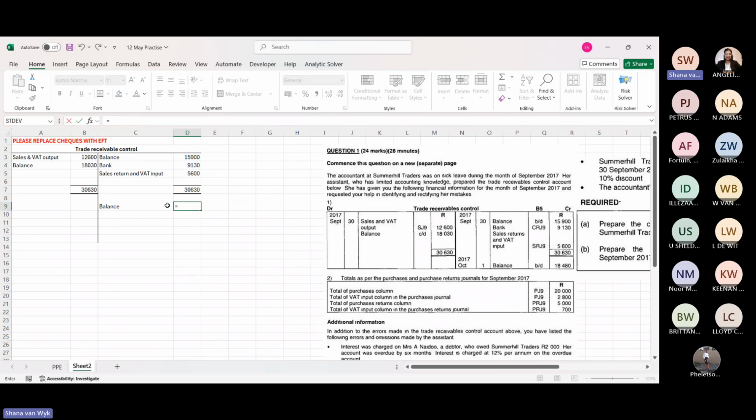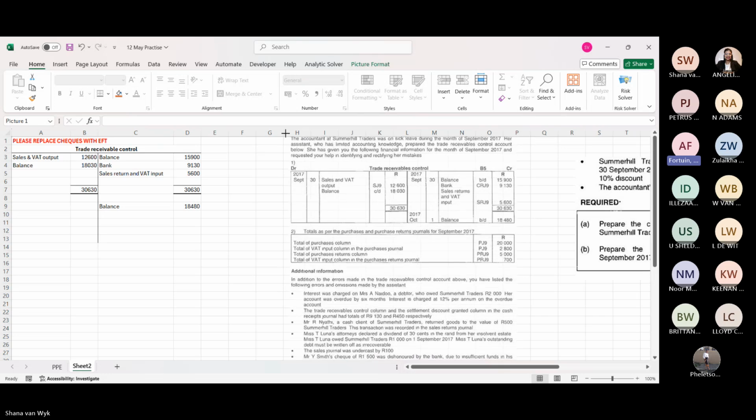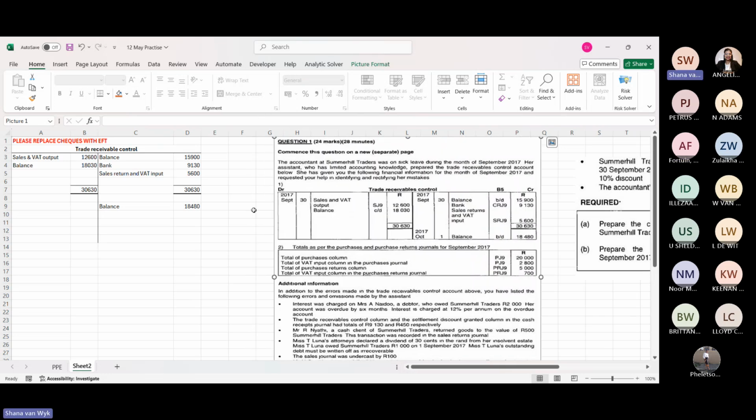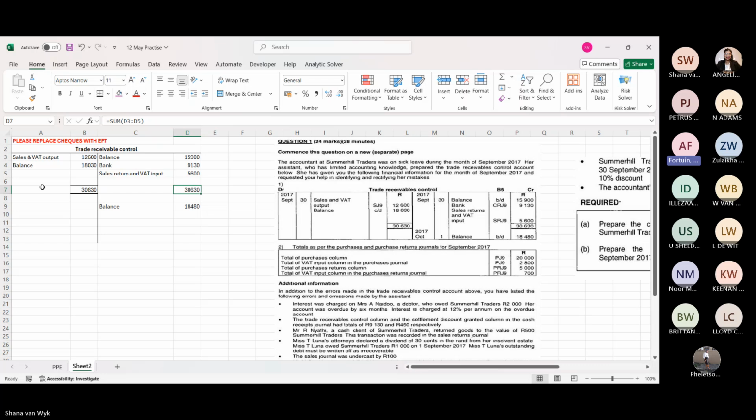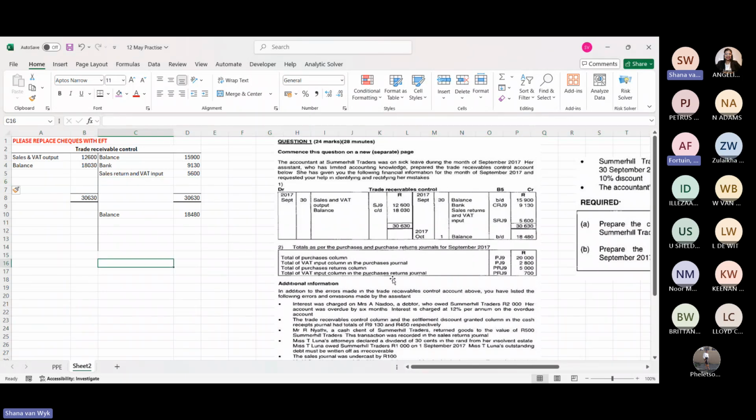Okay. Why is this balance different? Okay, that is fine. 1848. Now we will see what is wrong. Okay, you're going to fill in the additional information now. Yes, let's do that. I'm just going to squeeze this a bit. But why did you auto sum so on top? There's no space. Where are you going to write now? Excel can make space. I'll make space. Don't stress.